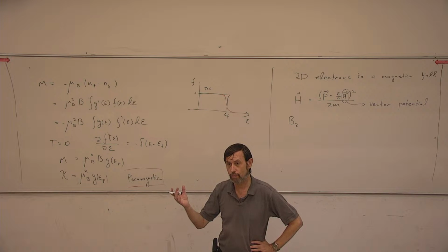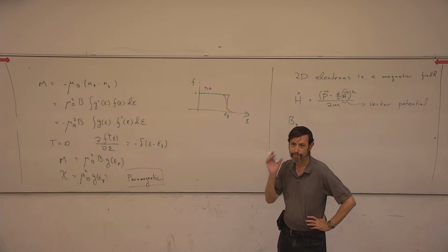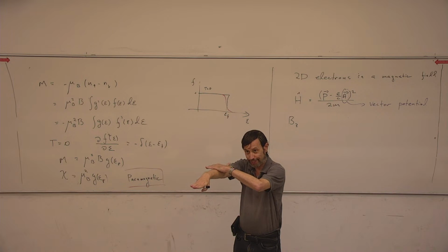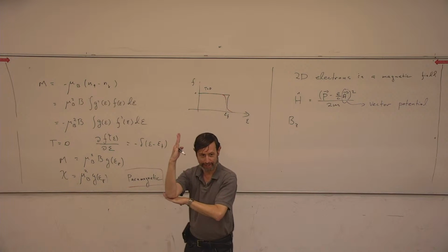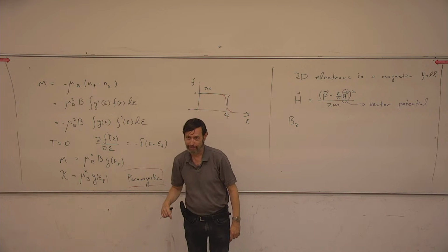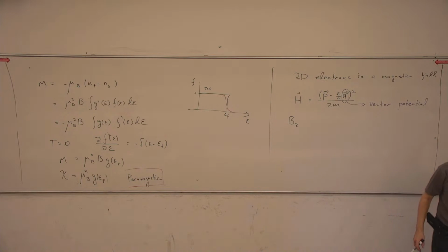When does it, on what does it depend? Back to high school physics. Change in flux. Right, and if I have in plane on a two-dimensional system, what is the flux? Zero. Just nothing. You have to be perpendicular to see some flux. Okay, so I'm taking a perpendicular field